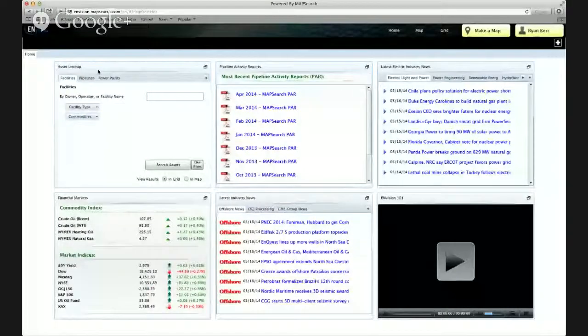So with that, we'll go ahead and switch over to ENvision. Give me just a moment to switch my screen over so you can see it. Alright, this is the ENvision home screen or dashboard. You've seen this before. I'm going to go over here to Asset Lookup, and I'm going to remain on the